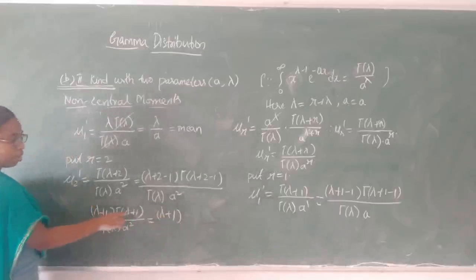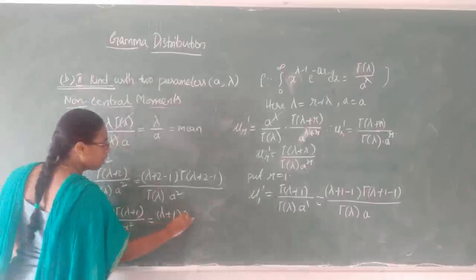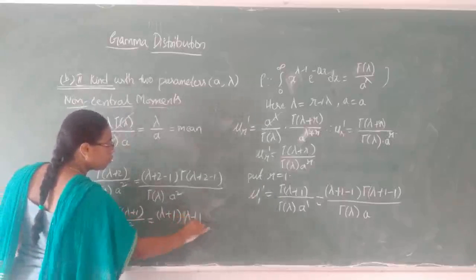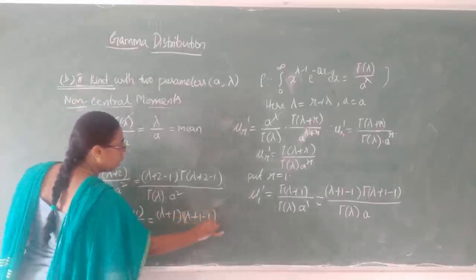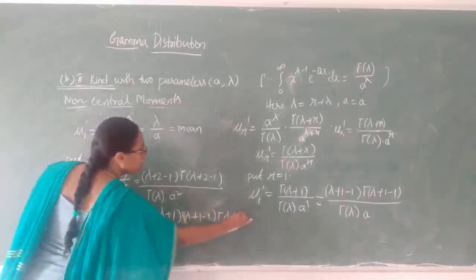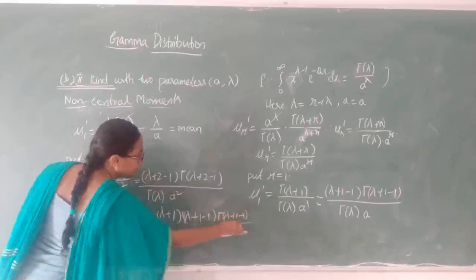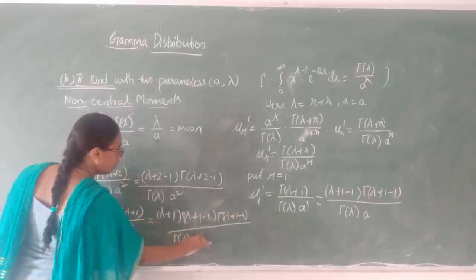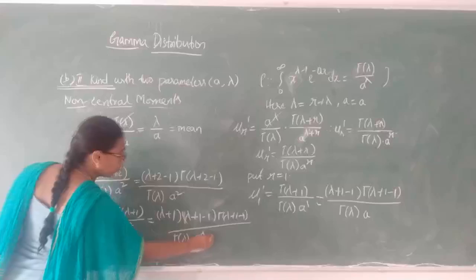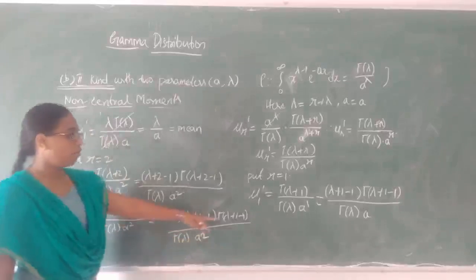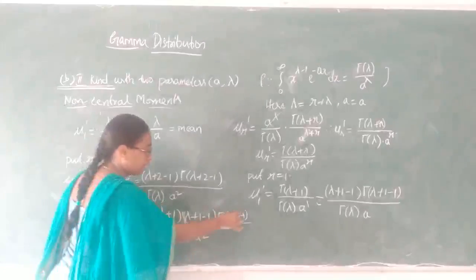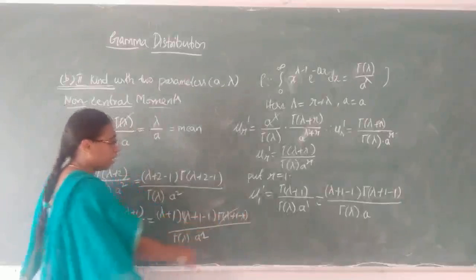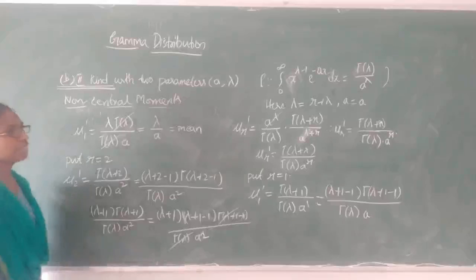Here gamma of lambda plus 1 means lambda plus 1 minus 1 into gamma of lambda plus 1 minus 1 divided by gamma of lambda into a power 2. So here gamma of lambda plus 1 minus 1 cancel means we have gamma of lambda and gamma of lambda gets cancelled. Therefore